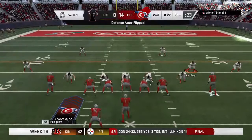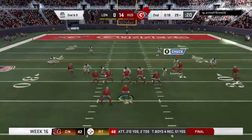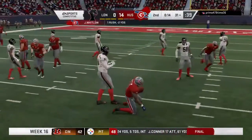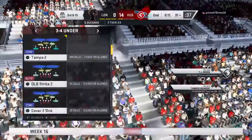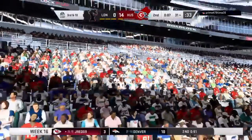Here's 2nd and 9. I'm coming after you. Check 99. They'll run it now out of the gun. And that didn't fool anybody. He's going to be dropped in the backfield. He lost 2 there, and it's 3rd down. A loss of 2 brings up 3rd and